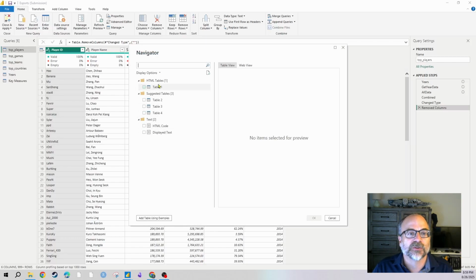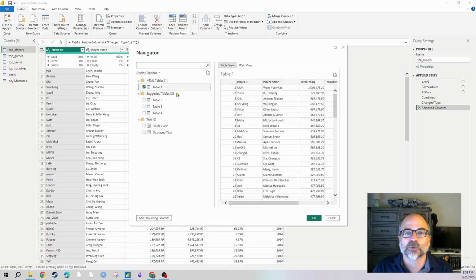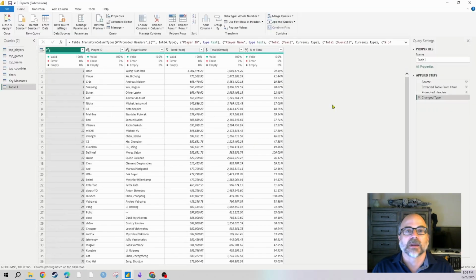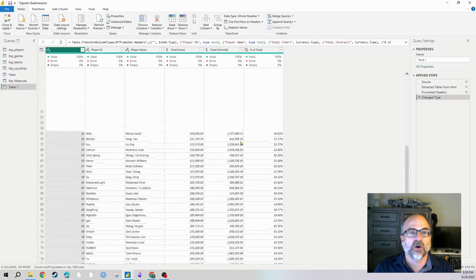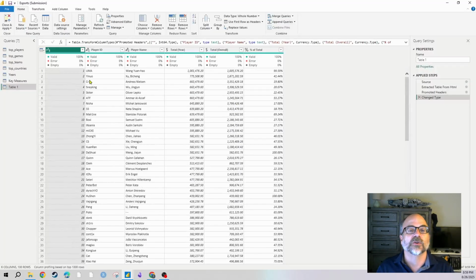And there are different options, so I might have to go through one, but this first one is the one I needed. So I'll click OK, and it will go ahead and create that table. So here is the table. Now it is only the first 100 players, because that is all that is being pulled in on that